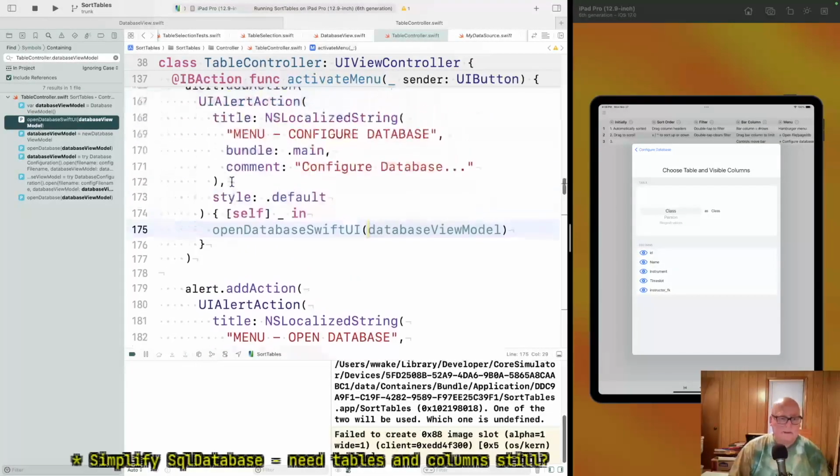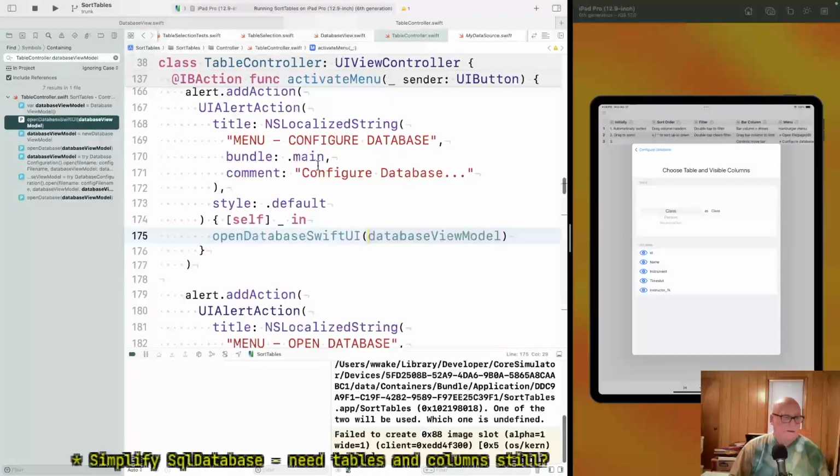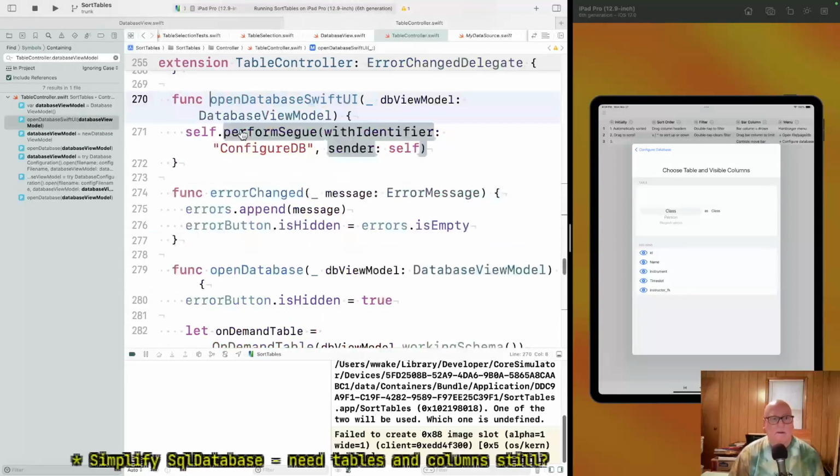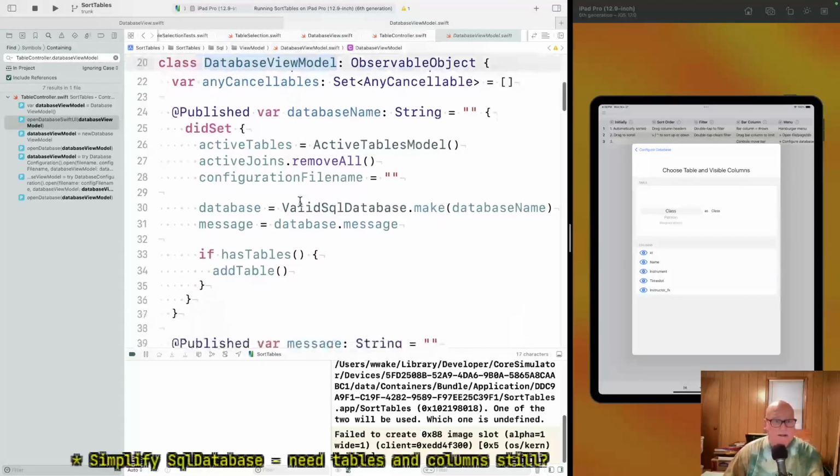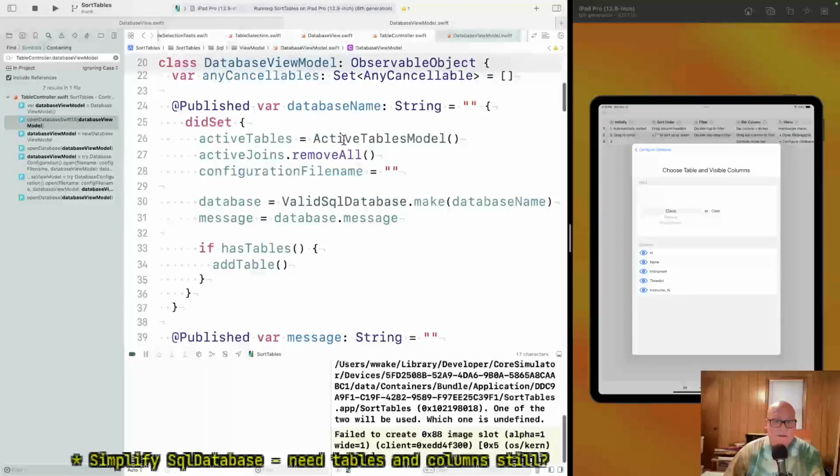Open database. Okay, so configure database calls that with the database view model. Perform segue to configure DB. Well, there's database view model. We were looking at that. Oh, I think this is... I don't know. I feel like that class is maybe